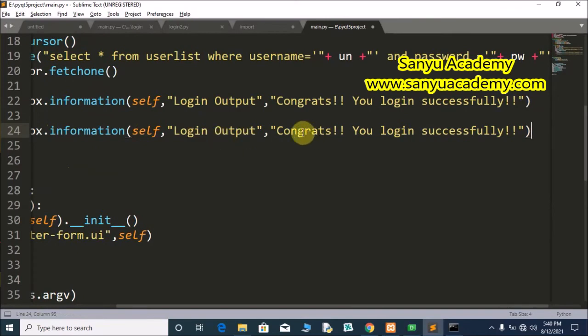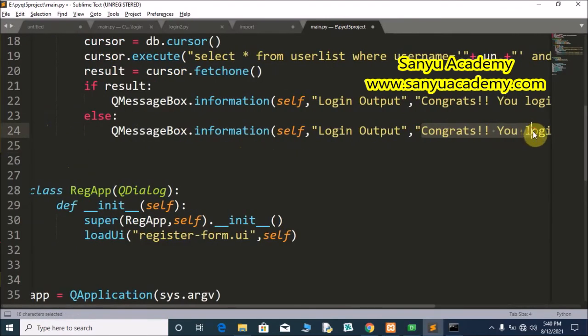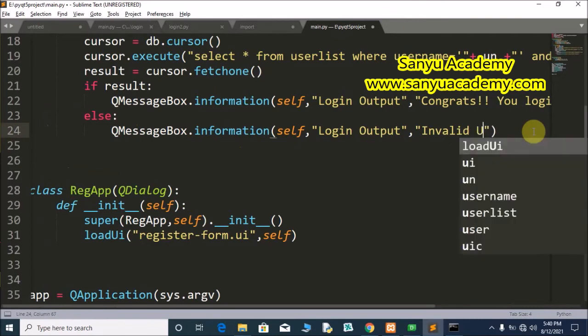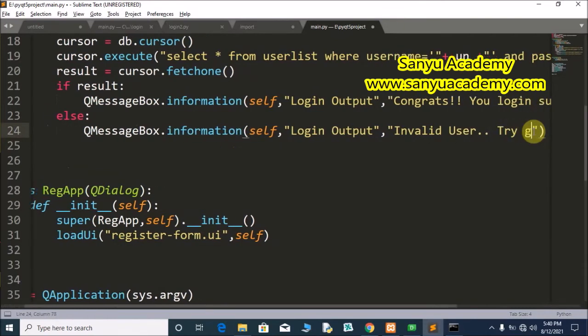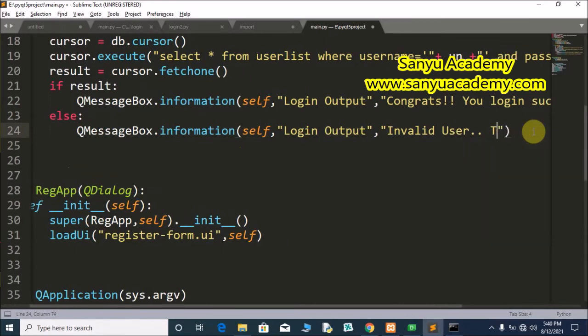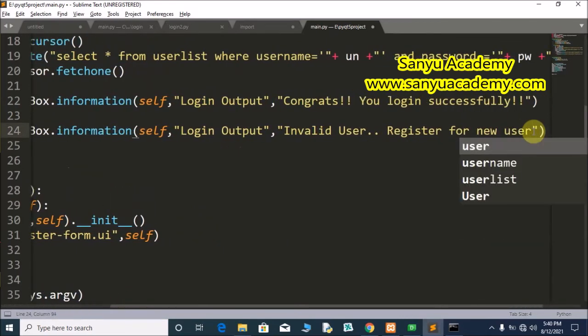In this we have to show that the username is not available. Invalid user, register for new user.